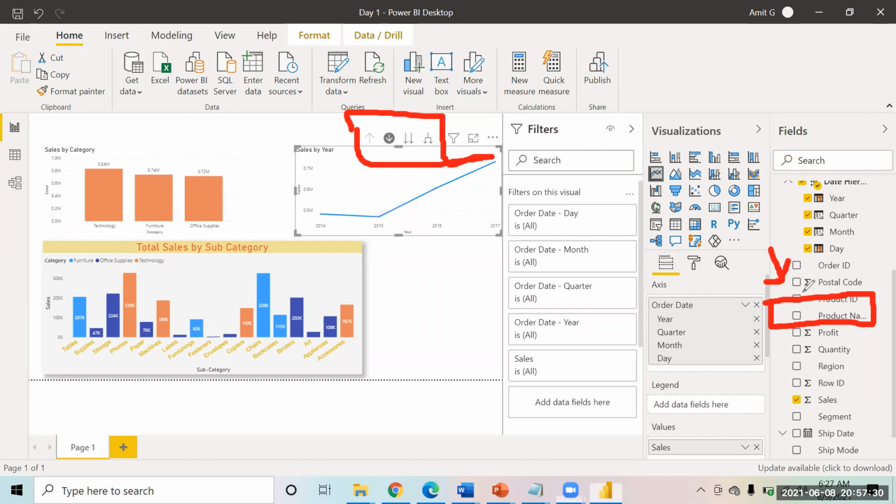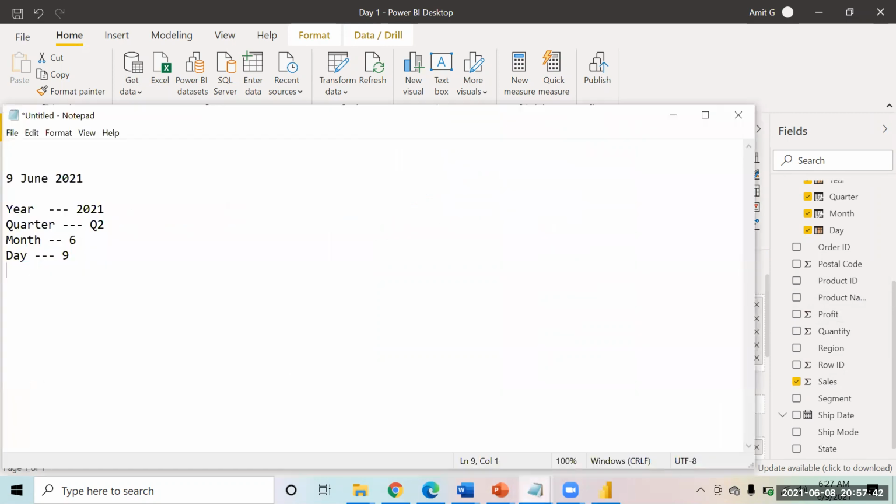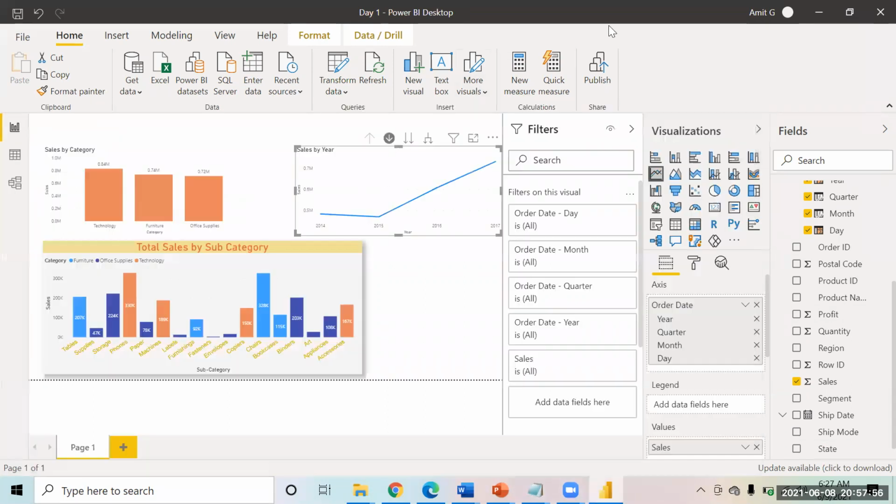Because there could be a lot of data points where I would be able to create my hierarchy. So for example, in this I have one hierarchy as the category, subcategory, and the product name, right? We have category, subcategory, and we have product name. Now this is also a hierarchy, but it is not automatically created by Power BI. So I can create my own user-defined hierarchies as well. So how do I do that?